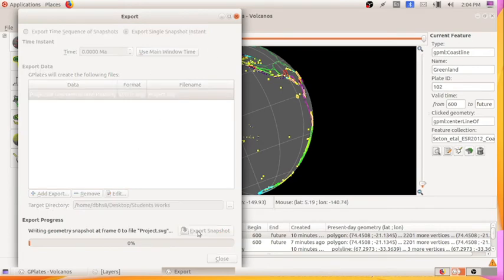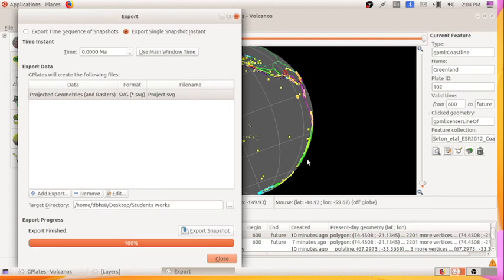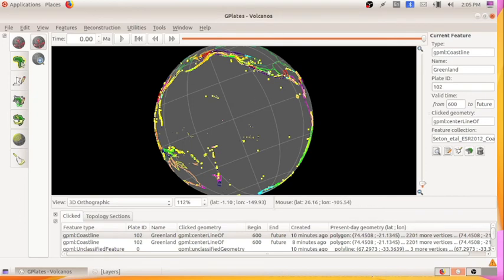After that you have to click on export snapshot, so that this digital map, this globe which we have opened in this GPlates project, is exported in SVG file format. So what all things have we done? We found the volcanoes and also the boundaries. The boundaries of the plates can be noticed when the volcanoes are active. Here, in the ring of fire, you can see the belt of volcanoes. These all are the volcanoes which form like a belt, and this portion we have saved in SVG format.